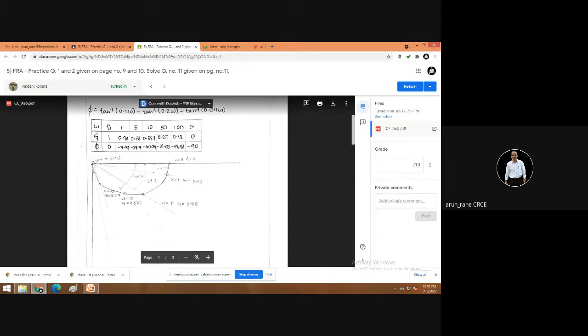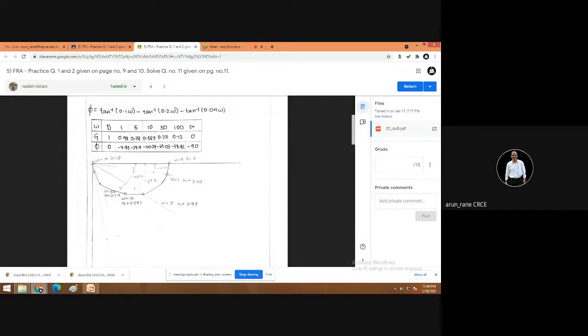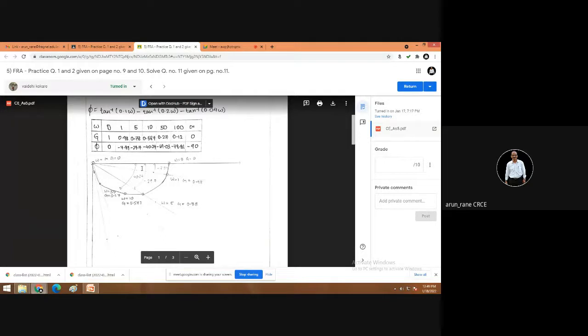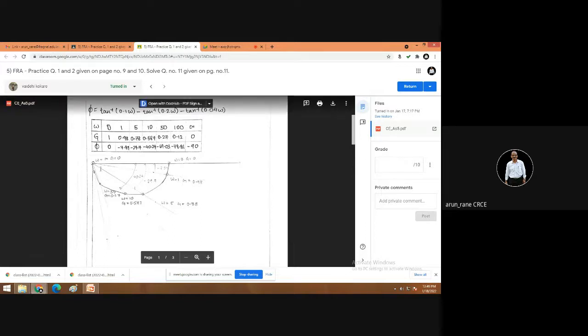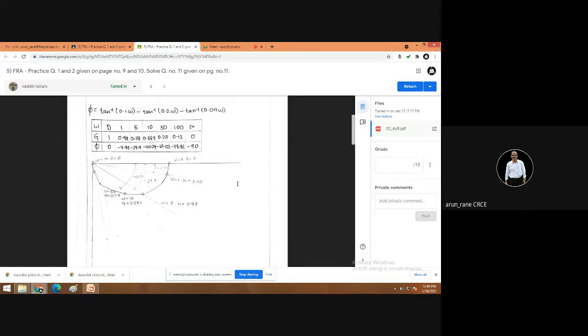You know the convention of showing the negative angles. Clockwise angles are taken as negative with respect to the x-axis always, right? So first we will draw the lines at various angles. This is the positive x-axis, drawn at 0 degree. Another line, you have to draw that line lightly, that is minus 7.89 degree.